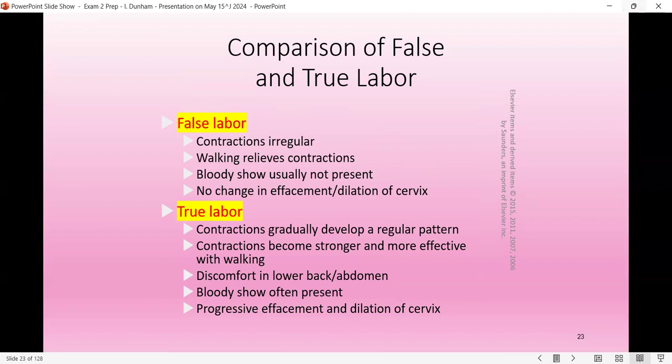Then I can send her back out for another 30 minutes, okay? Now, when she comes back, and she had a whole hour to change her dilation of the cervix, even effacement of the cervix, and she still didn't do anything. So I said, okay, go home, take a shower, relax. Sometimes they go to sleep. Have a little something light, clear liquids, you know, keep your stomach light, so that when she starts getting regular contractions, she doesn't have a whole bunch of food in her stomach. So you send her